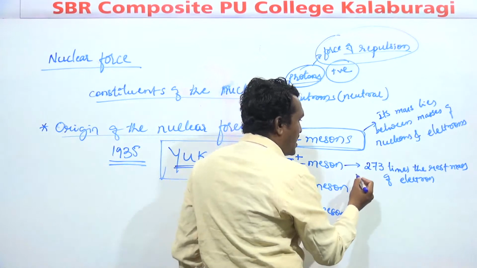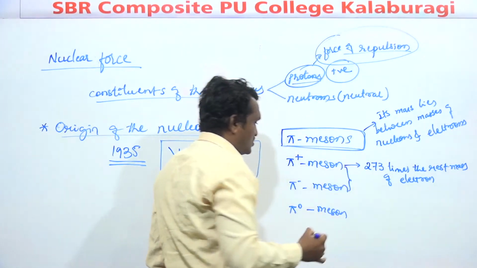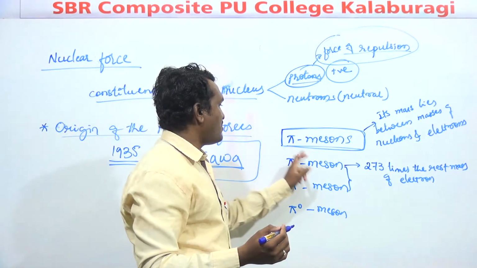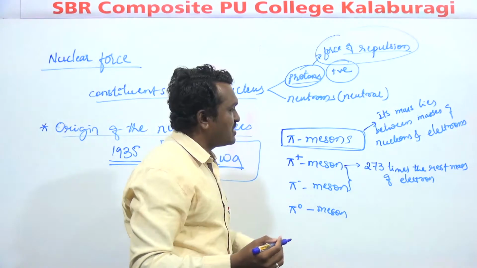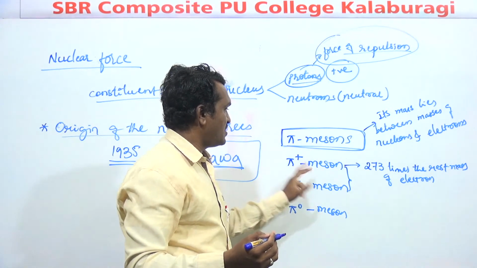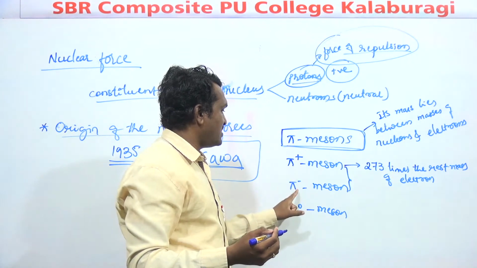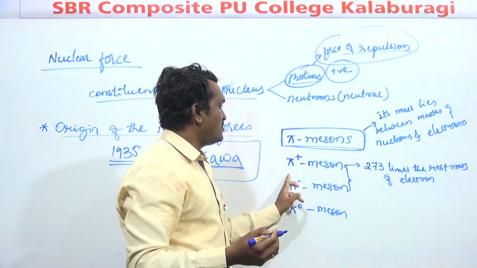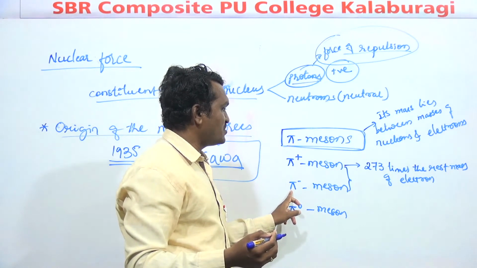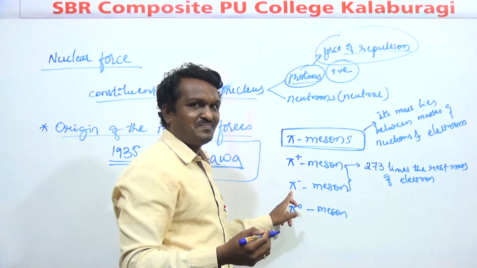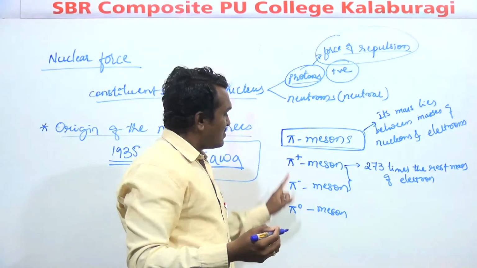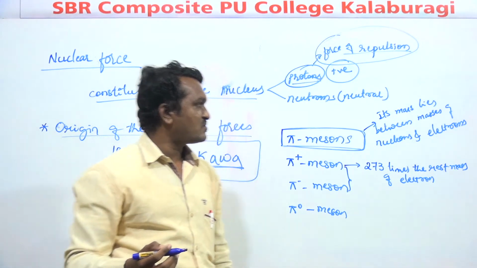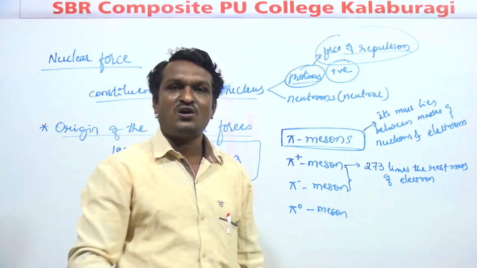So the mass of these charged mesons, both pi plus and pi minus, as I am showing here with the plus sign and negative sign, means the pi plus and pi minus mesons have some charge, whereas the pi zero is neutral. The mass of these charged mesons is about 273 times the rest mass of the electron,